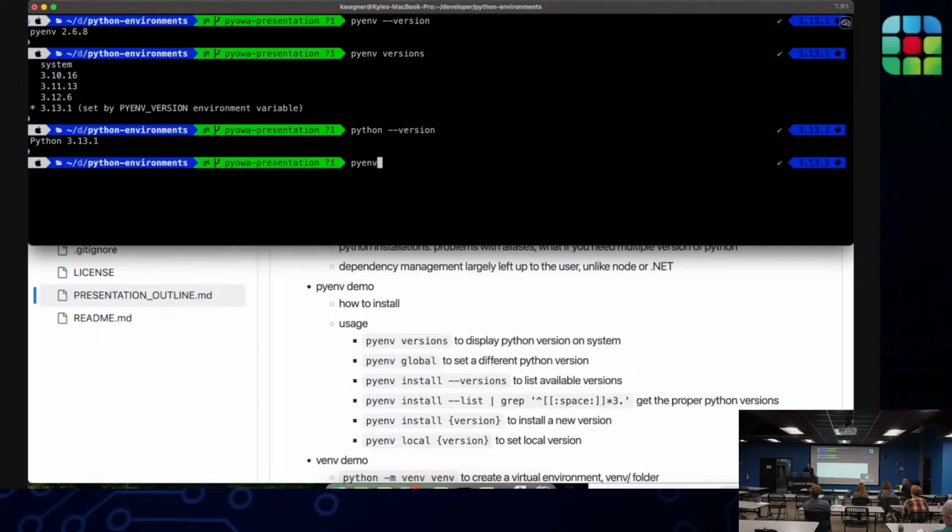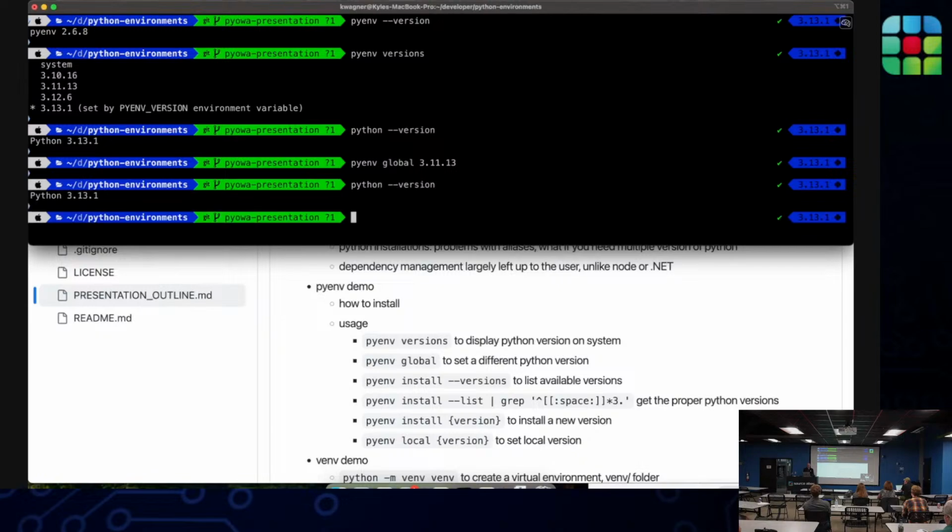So if I want to change my Python version, I can use the global command, and then I can just point to a different version. So if I want to do 3.11.13, because that version is available, it ran, didn't give me any output saying that it's working, but now that didn't work.